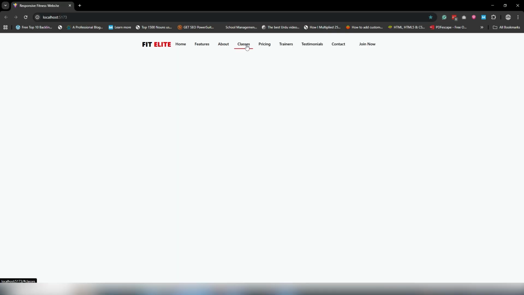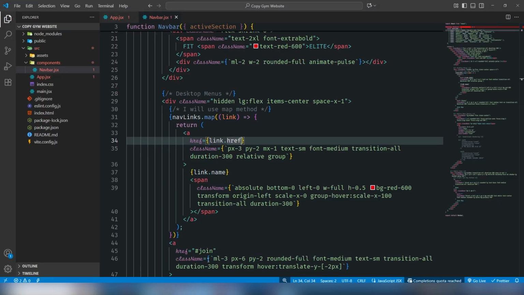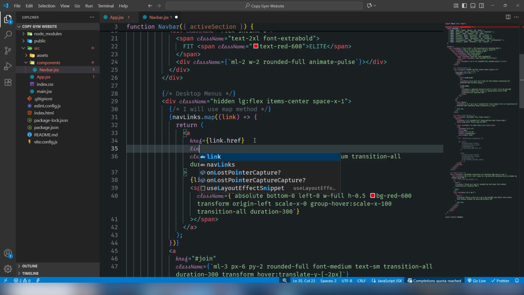Let's hover the mouse on there. In the bottom of the screen you are able to see classes. When I hover the mouse on the about, it displays hash about, hash features, hash home, and so on. So yeah, the next thing is I also mentioned there is a link